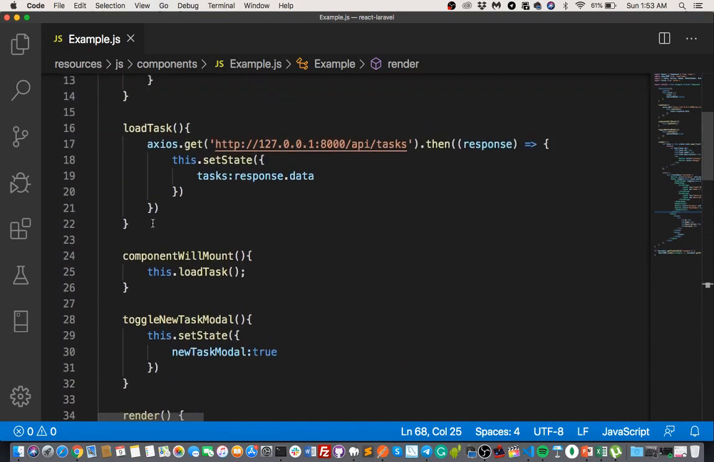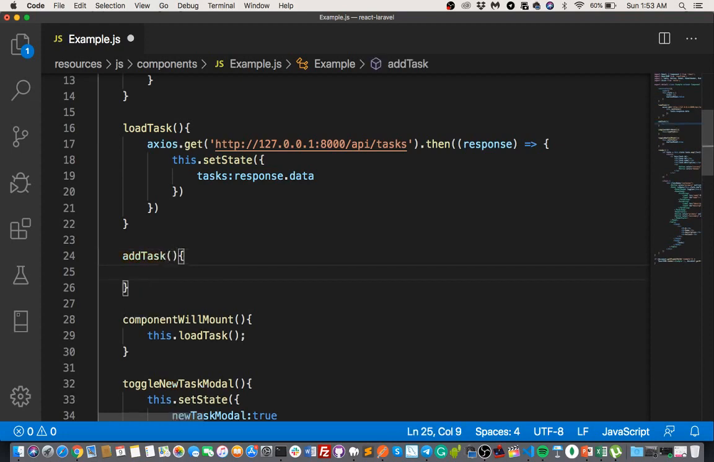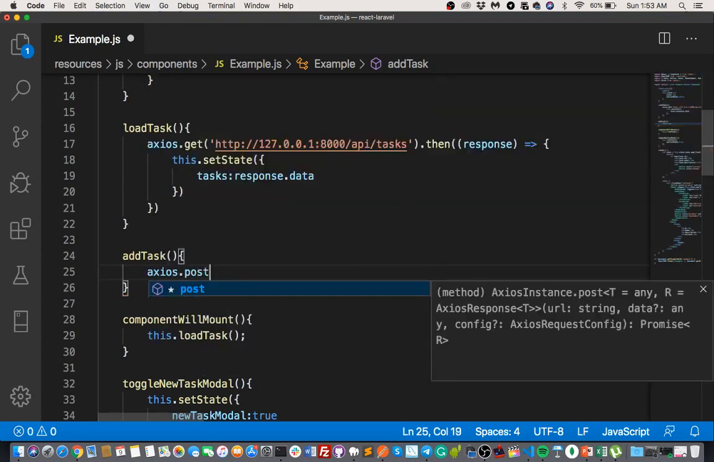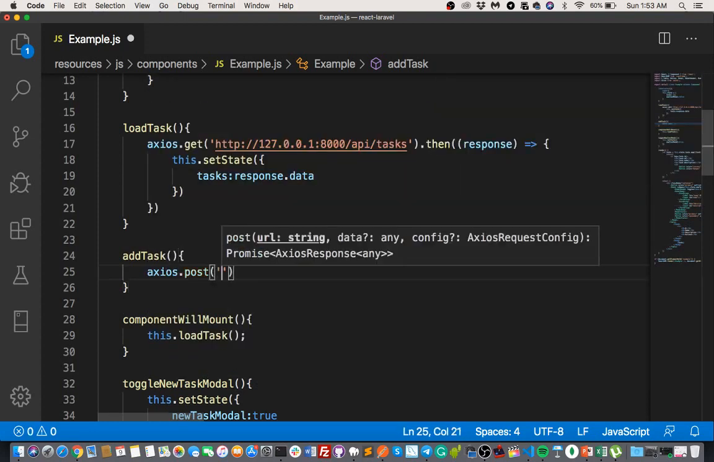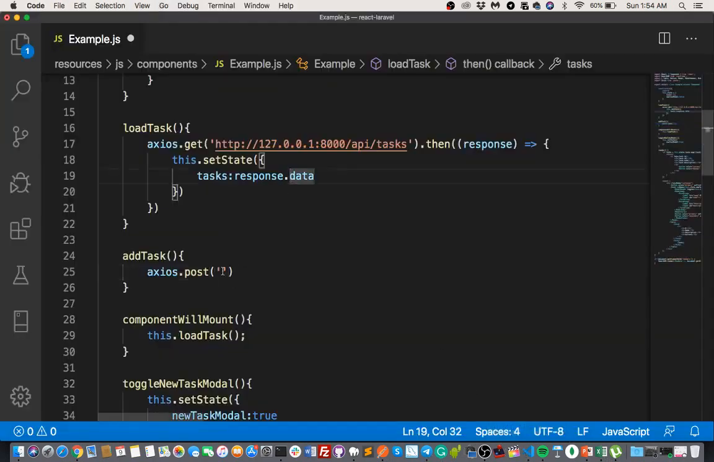So we will create a new function called add task. So add task. So Axios dot post. Okay, post method. Then go to your Postman. So post here. This is the create, right? So we can use this. Then add here. So task dot then